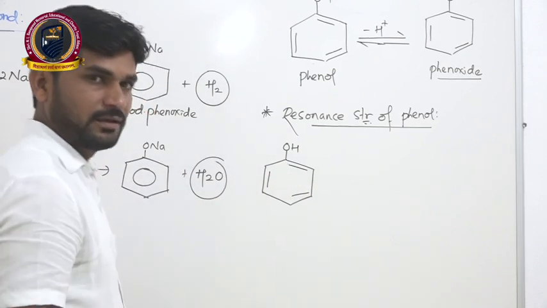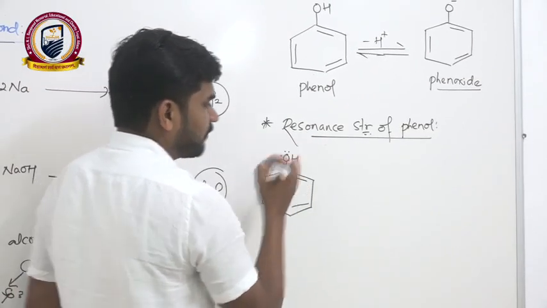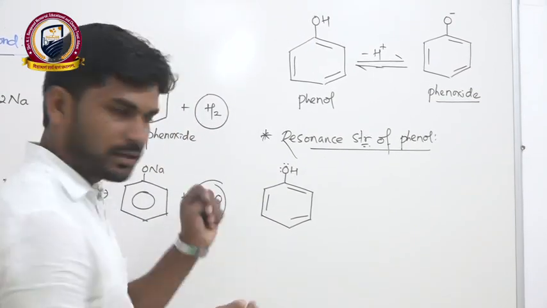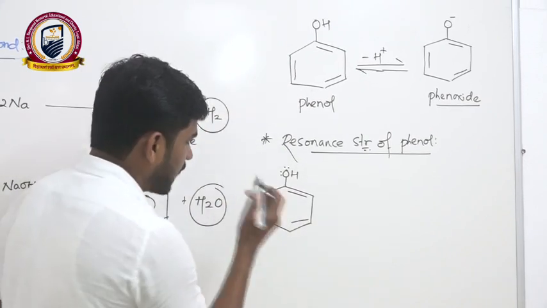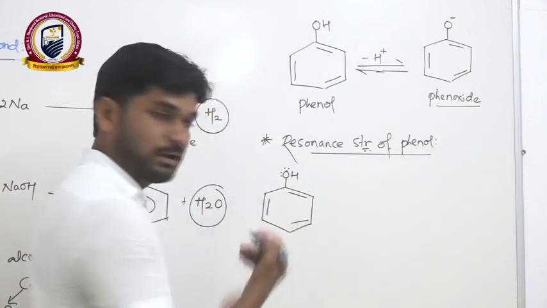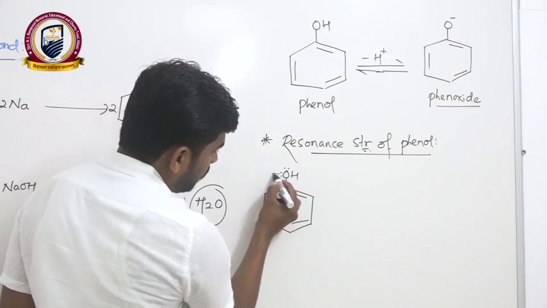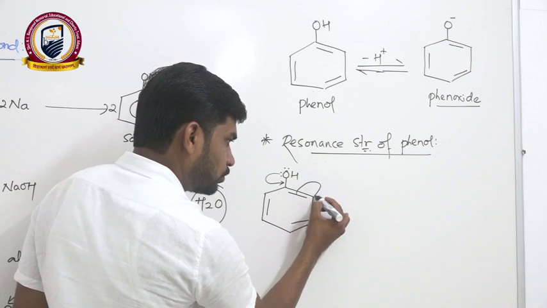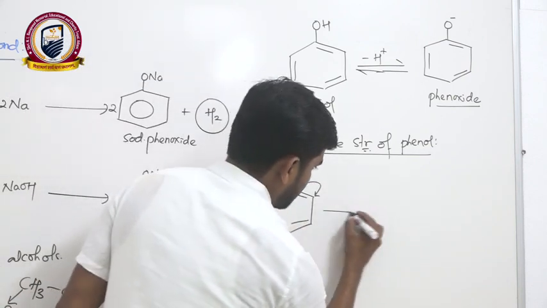So this is phenol. The unshared pair of electrons or lone pair of electrons of oxygen takes part in conjugation or resonance with the pi electrons of the benzene ring. This benzene acts as an electronegative element and electron withdrawing group. So one of the lone pairs of electrons will be taken by the carbon atom, and these pi electrons will move onto this carbon atom. And the next structure would be,